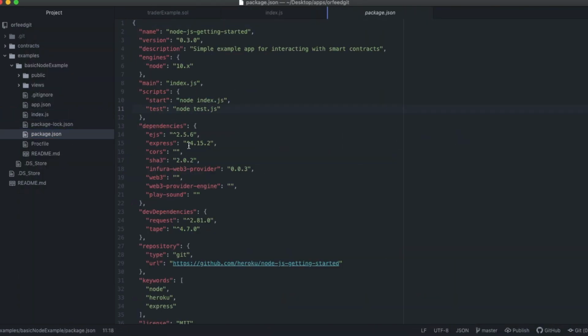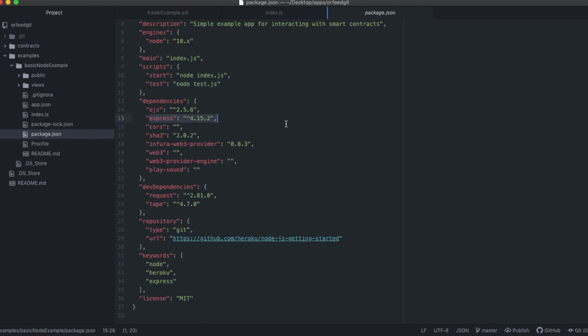package.json file. So in here you're saying, hey, I need Express, which just serves a web server. I need CORS, which we'll talk about later. It's like cross-site stuff. SHA-3, which is just a hashing library for cryptography. And this is cryptocurrency, so you need that. And for a Web3 provider, we're not actually using this, but you might use it in the future, so I just went ahead and put that in there for you. Web3, we're in Web 2.0 right now, we're going to Web 3. This is what Ethereum's all about.